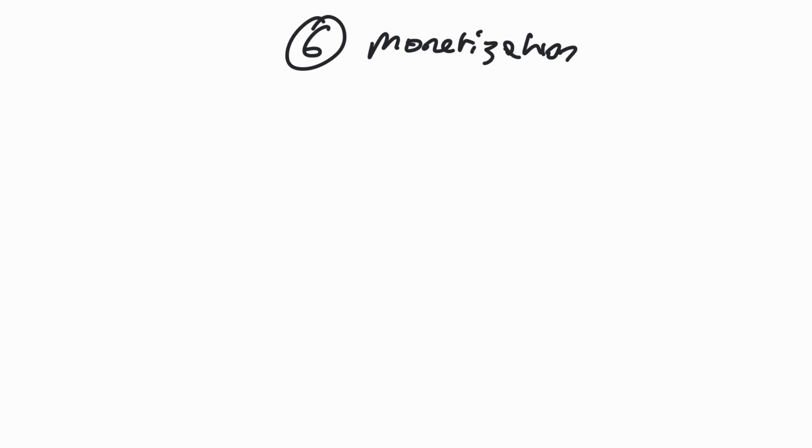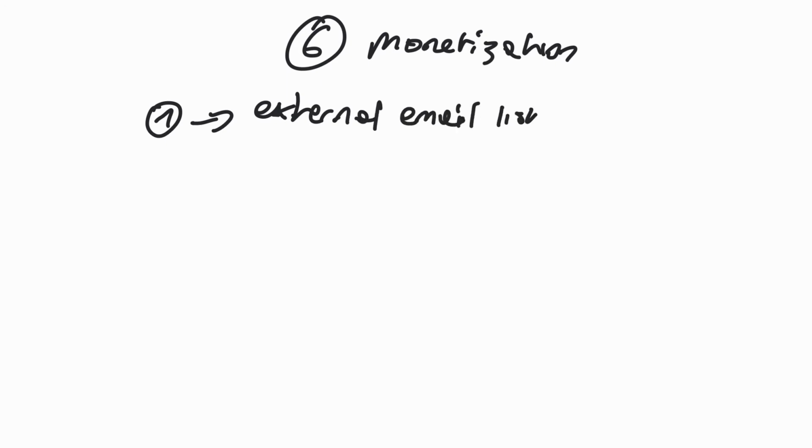So now, here's the thing. I tried many things. First of all, I tried to send them to an external email list. When I say external, I mean external to Instagram or the Facebook network. And this didn't go well, and I will explain why. Maybe if you've been trying to do this and it doesn't go well, you just need to understand why. Once you understand this crucial concept, you will be able to automate anything.